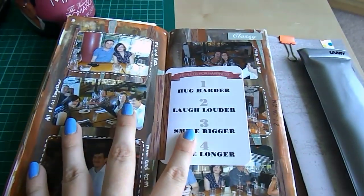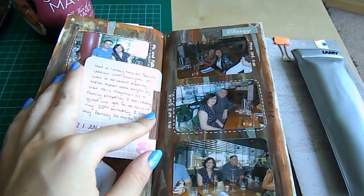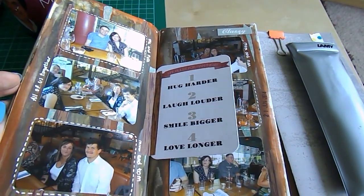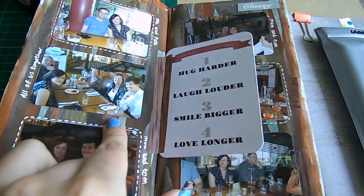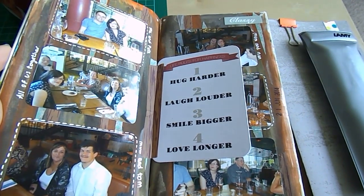And then this was pictures of us together while we were there, another journaling card. It was very rustic at his restaurant, so I tried to make the background look like wood, and then I had some wood grain washi tape and a bit of green washi tape I just stuck down, white pen to go around it, and